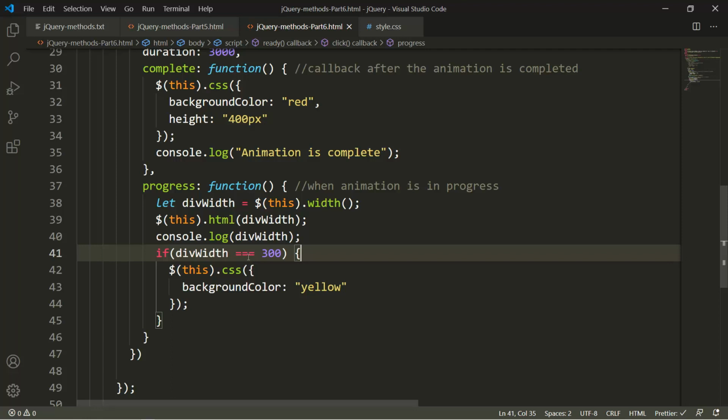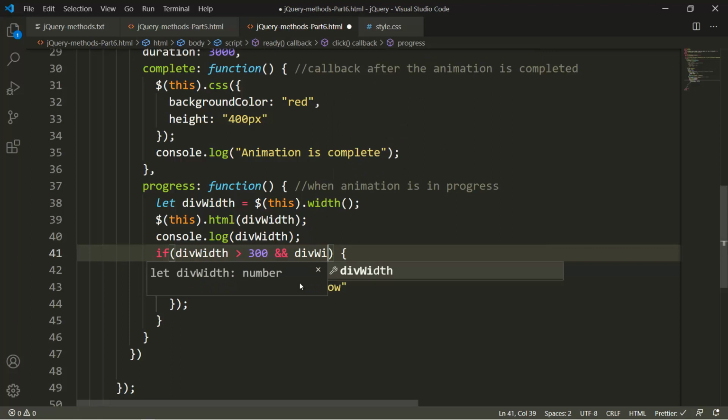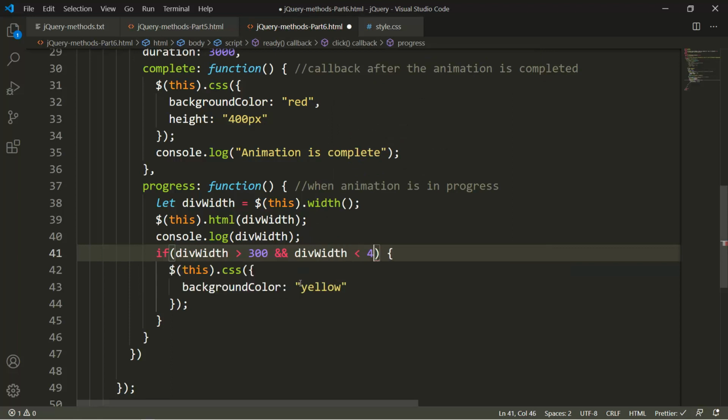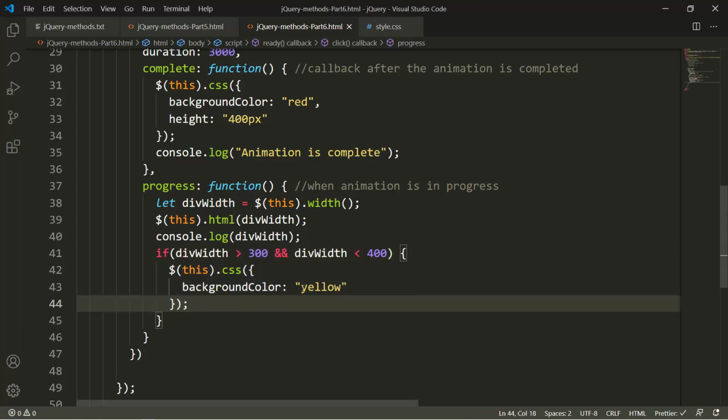So what I'll do is not compare the div width to exactly 300. I'll say, if div width is greater than 300 and the div width is less than 400, so from 300 to 400 in between, I want to set the background color to yellow.